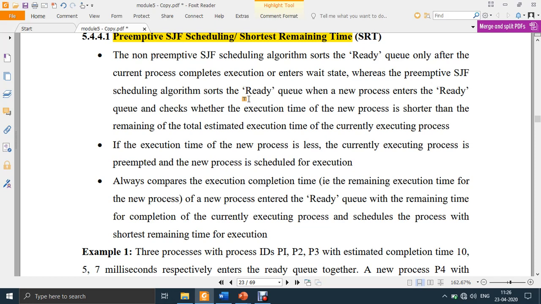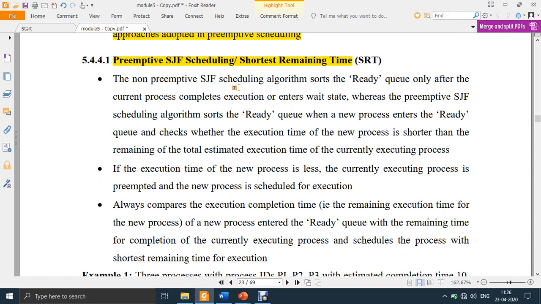So in this case, out of 10 patients, patient number 5 will be given the first chance to consult the doctor. Why? Because his consulting time is very less. He needs very less time to consult. So in terms of process or task, that process or task's service time, or the time for its completion, is very less. So such a process or task will be given the chance to execute first. So hope you are getting it. Okay.